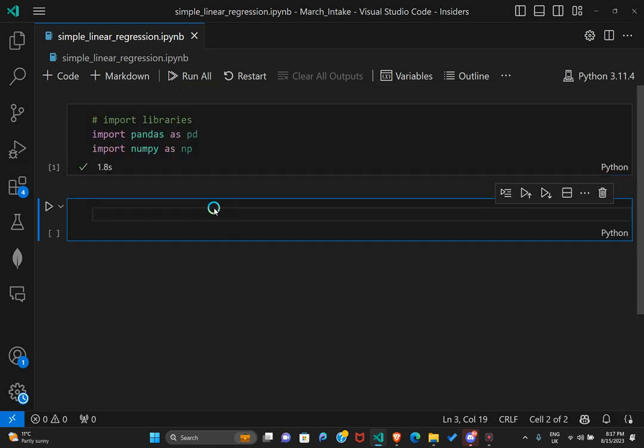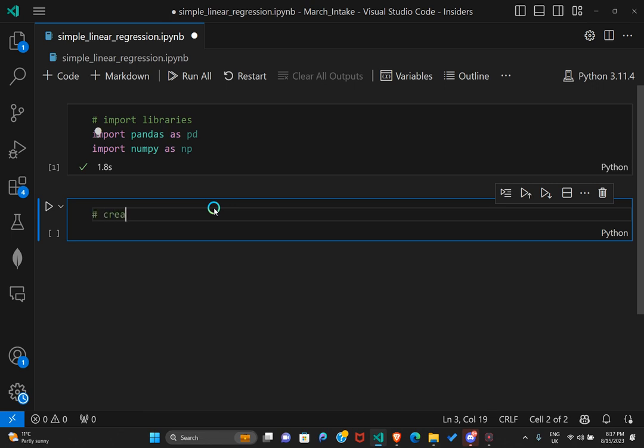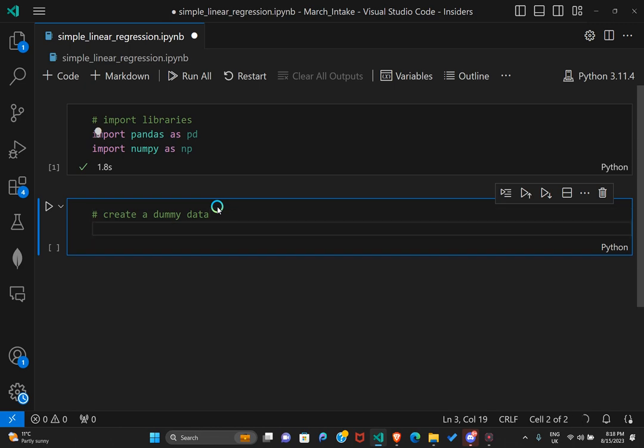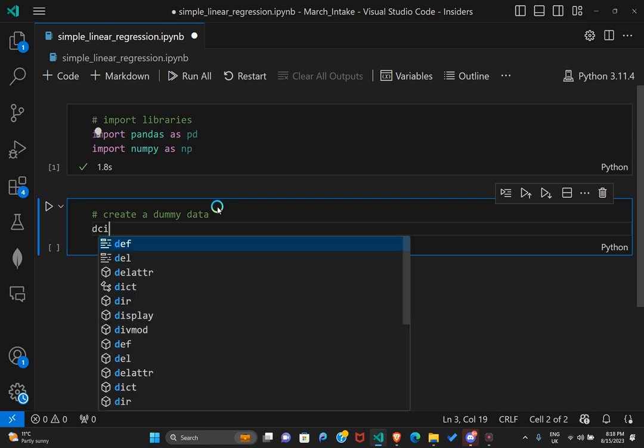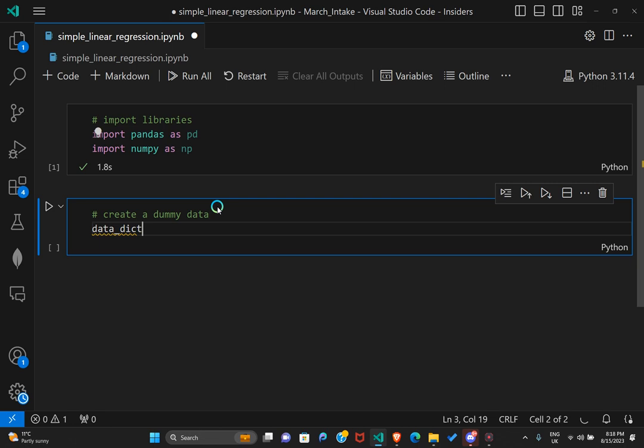Once we've imported the libraries, I'm going to create dummy data. This is for simple linear regression, because in the real world you'll never have a situation whereby you are required to run a simple linear regression model. So here I'm going to create some dummy data, and with this dummy data we are going to make some predictions. I'm going to create a dictionary, so I'll have my data dictionary being equal to,